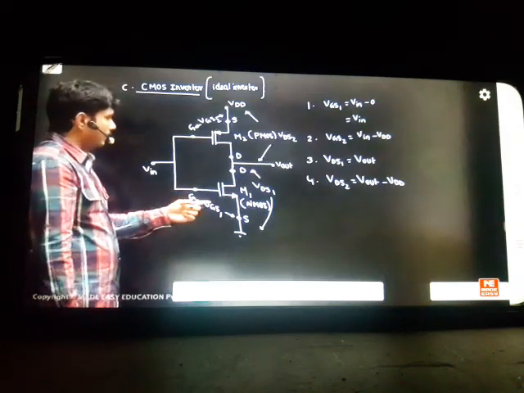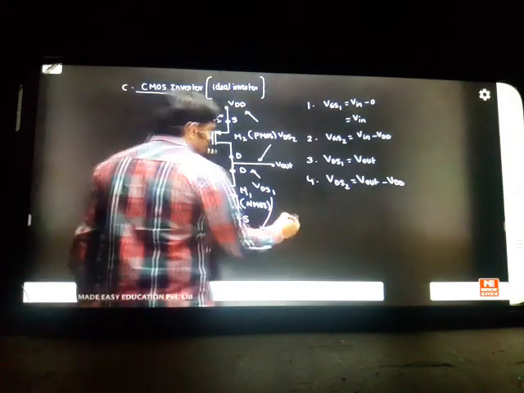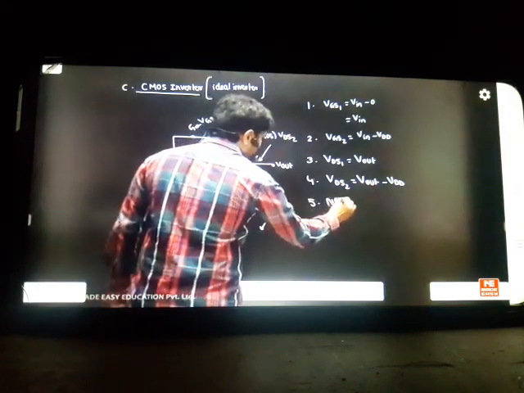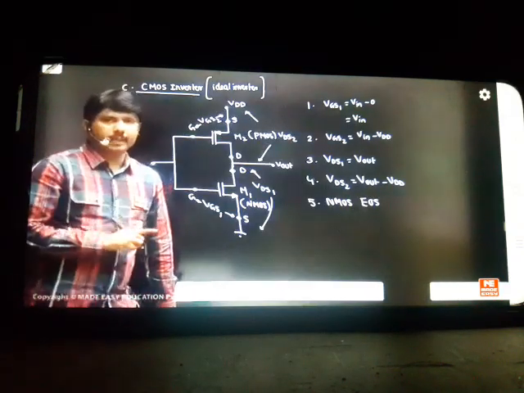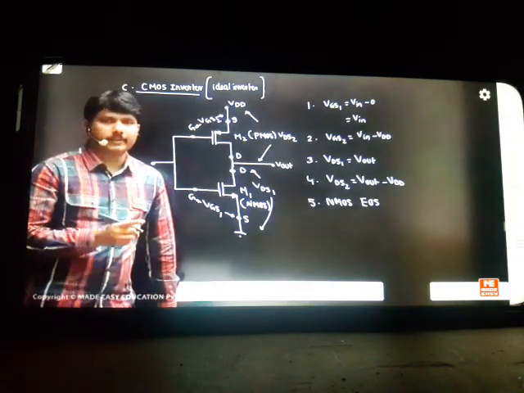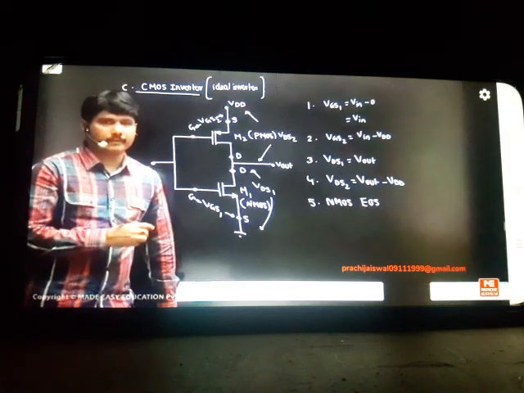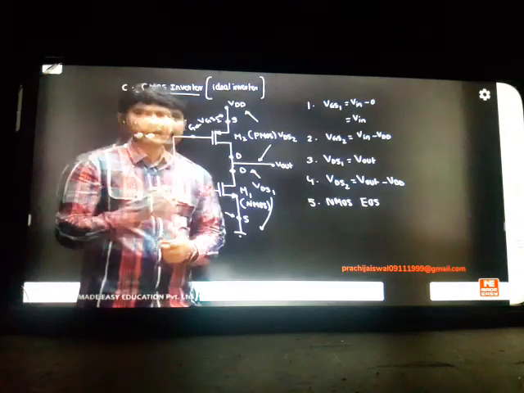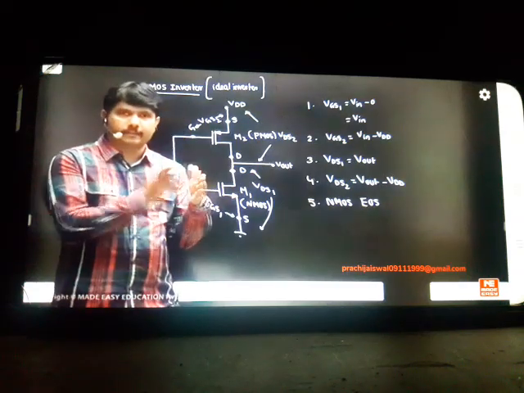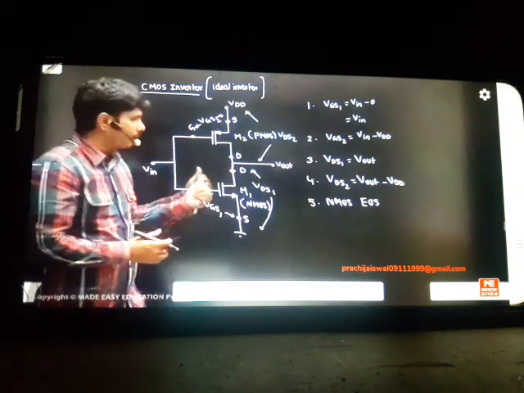Now each will have one EOS boundary. So the next point is to find out the boundary for NMOS. What is the NMOS EOS boundary? NMOS will have one boundary line, and PMOS will have one EOS boundary. That is moving from triode to saturation, and from saturation to triode, because both are working as inverters now. This is also working as an inverter, because on both sides we have given the input. Previously, one we had fixed and one we were operating, but now we are operating both at a time. So both are working like inverters.